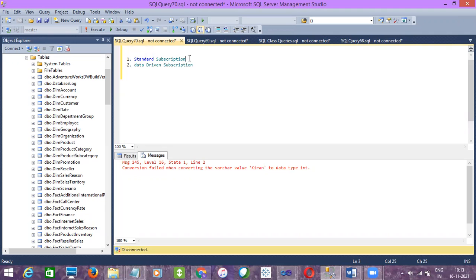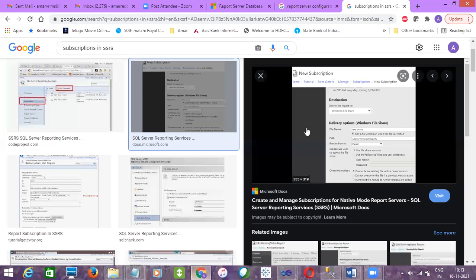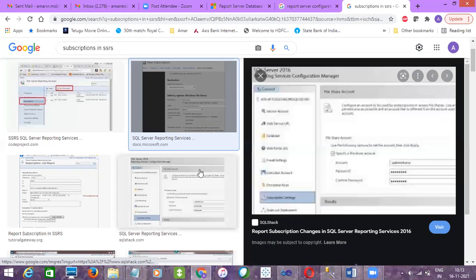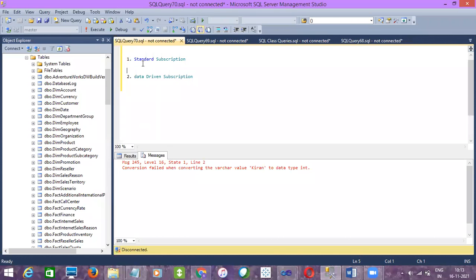See, in a standard subscription, if you choose the option as standard subscription, it will allow the user to send a report snapshot in a specified format to only a few people. Only one format to only a few people.